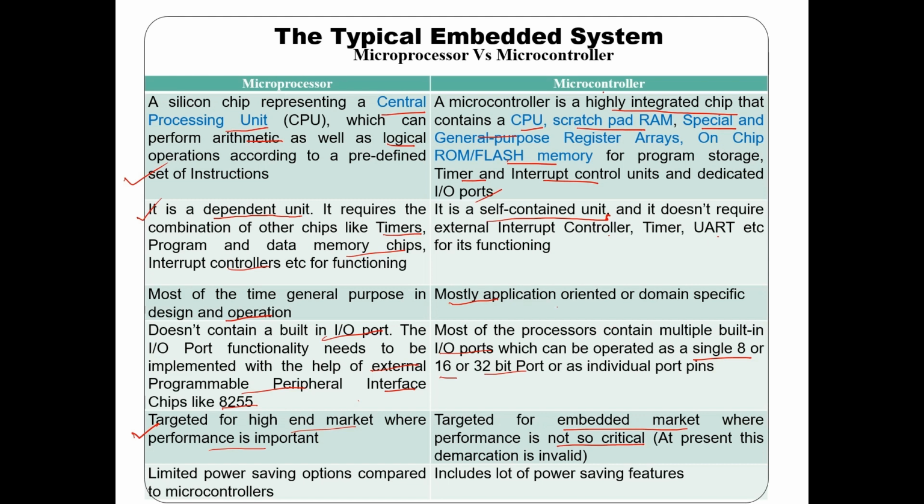So this statement was okay earlier, but now it is overruled. Now the last difference: the microprocessor has a limited number of power saving options, whereas if you look at the